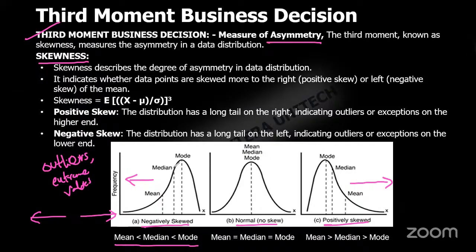What does this long tail represent? The long tail is because of outliers. If there are any outliers, extreme values, in the data, you'll get long tails in the distribution when we visualize it. Because of these outliers, the mean value gets pulled. Actually, the mean, the median and the mode have to lie exactly at the center.